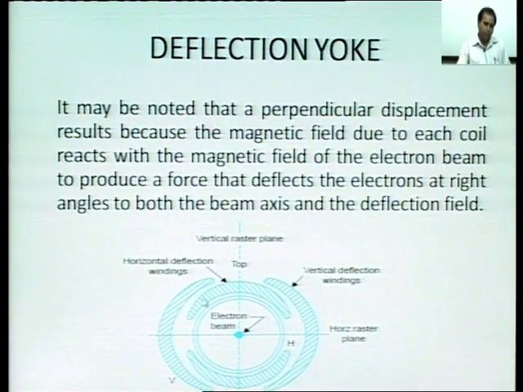So, this magnetic field interacts with the magnetic field associated with the electron beam. Here we have written the magnetic field of the electron beam. The electron beam also has some magnetic field, because current is the flow of electrons. So, if electrons are flowing in the electron beam, it has the same properties as the current flowing in the winding. So, the flow of the electron beam will have a magnetic field associated with itself. So, the magnetic field in this horizontal deflection coil or the magnetic field due to